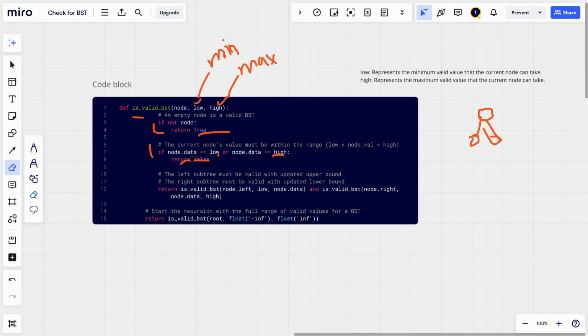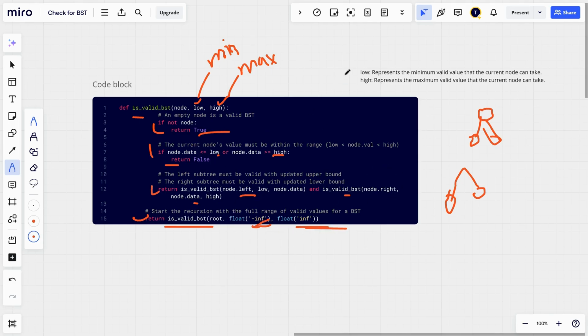After that we return valid BST left and valid BST right side, because our tree is given valid left side subtree BST and right side subtree BST. And at the last line we return the final valid BST from minus infinity to plus infinity, because there may be negative values.